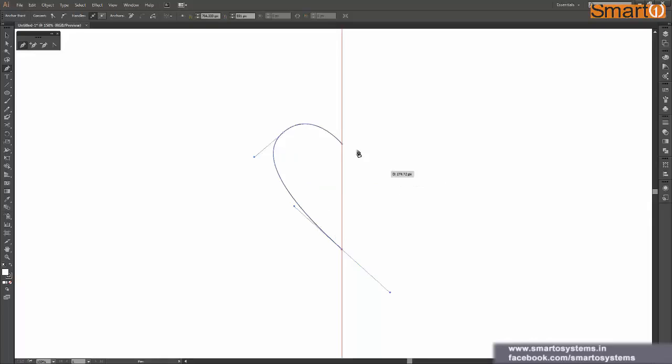So let's create some point over here, I think, and immediately you can see what has happened to my shape. It has overshot to the bottom part. Okay, but I'm still gonna go ahead and continue this shape.